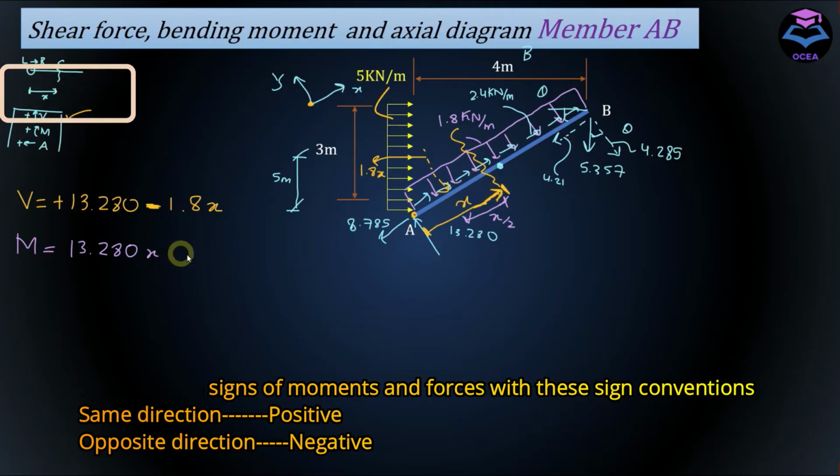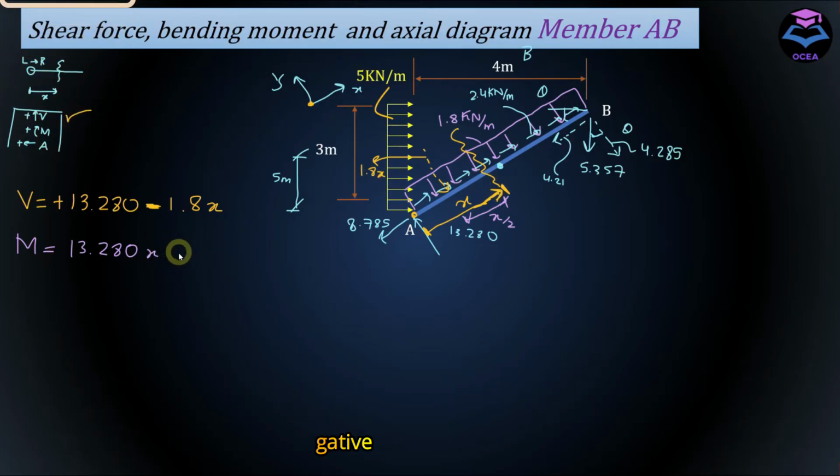So we have 1.8x creating a moment of 1.8x multiplied by x by 2. X by 2 is the perpendicular arm of this force 1.8x with respect to this section. And if we simplify it,